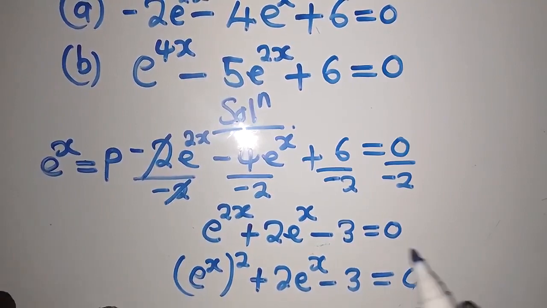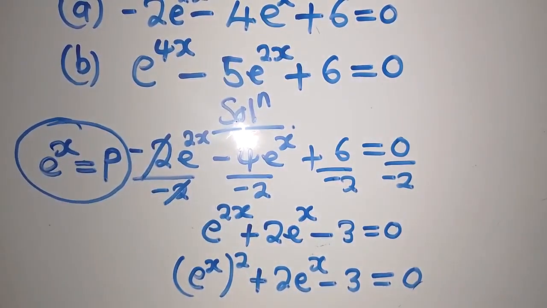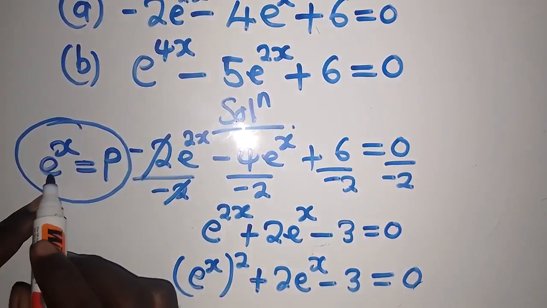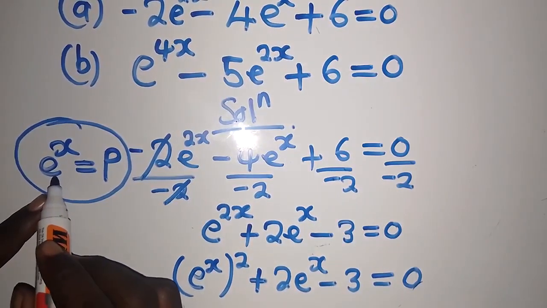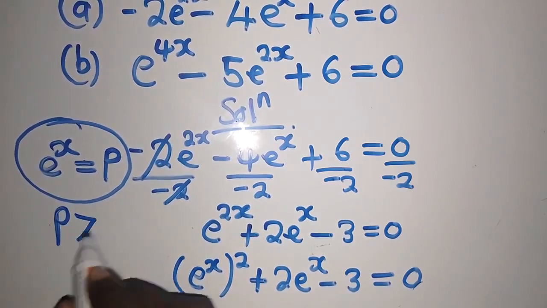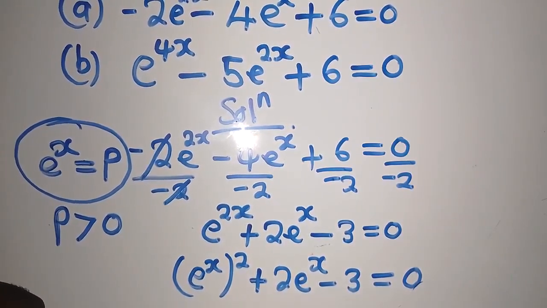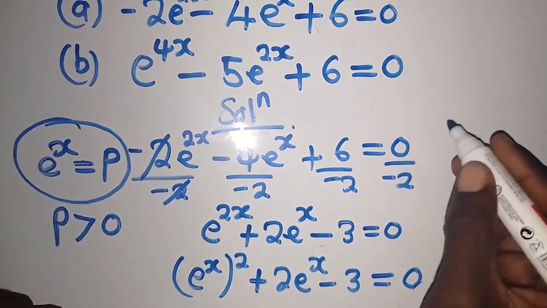Now I can get that expression. Where there is e power x, I am going to put p, where p should be greater than 0. This is what I am going to do. So when I replace it with p, I am going to have